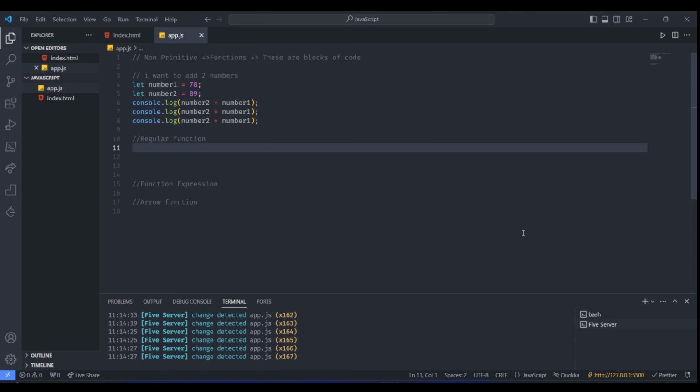Hello everyone, in this video we will talk about non-primitive data type and particularly functions. Functions are nothing but blocks of code. I'll tell you why it is called blocks of code, but before that,